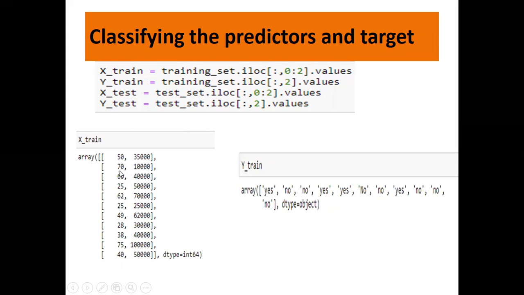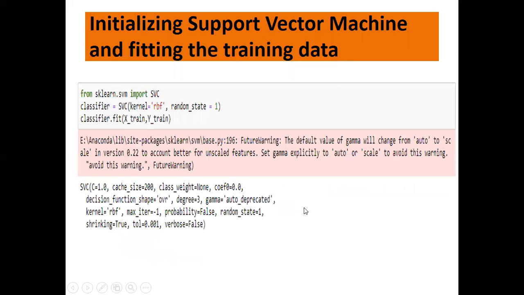Similarly, age is 70, pending loan is 10,000. It says no, the person will not repay the loan. Is it fine? The test data along with the output, or the respective class labels. Okay. Next, what we are doing is initializing the support vector machine and fitting